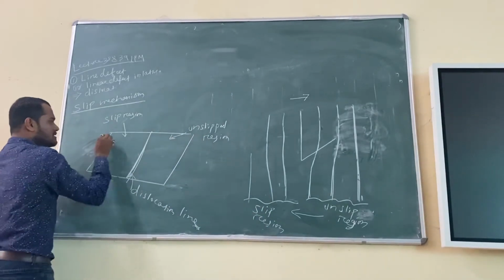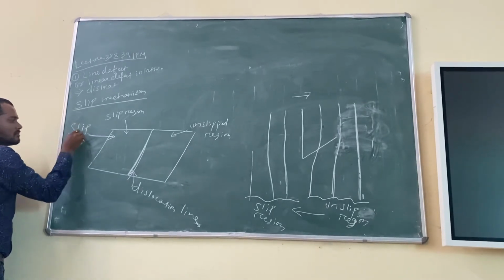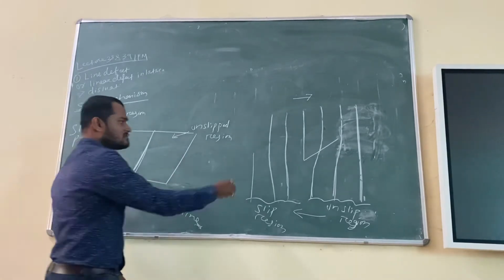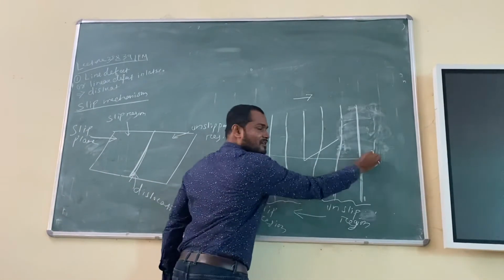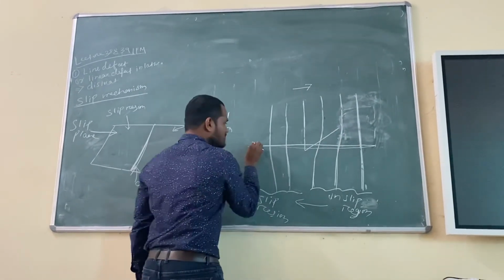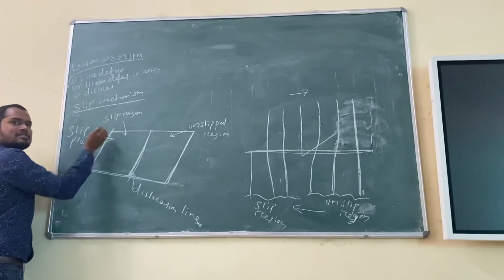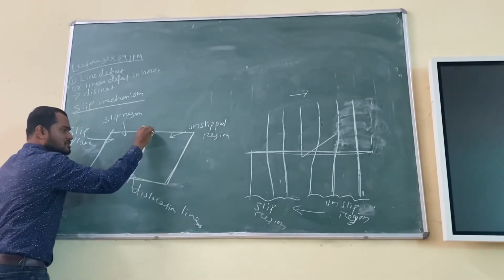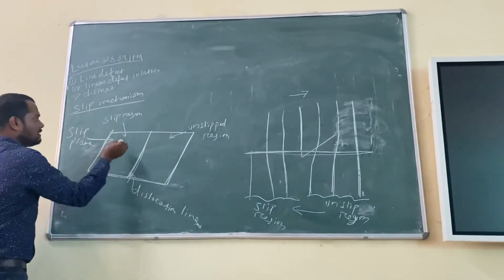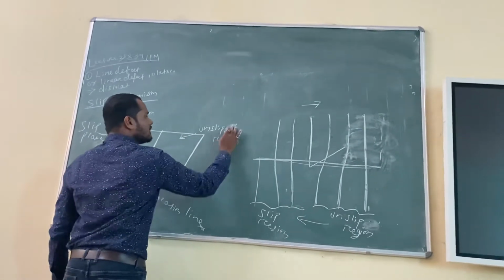So I am showing like this. What is this plane? This plane is the slip plane. The entire plane is the slip plane, right? That means slip is happening in this plane. This has to move on that plane, right? So this is a slip plane, where slip is happening. And this is your dislocation line, this extra half plane. And this is unslipped, and this is slip. You can write unslipped.